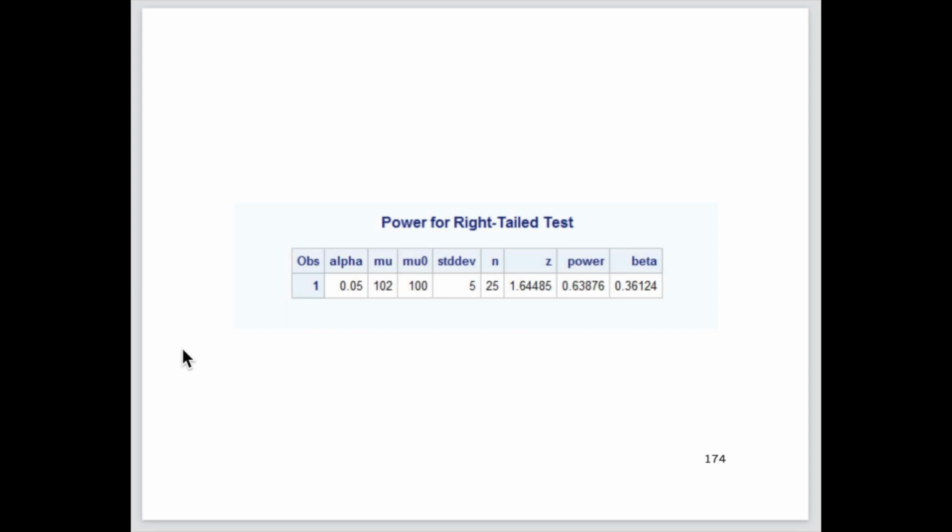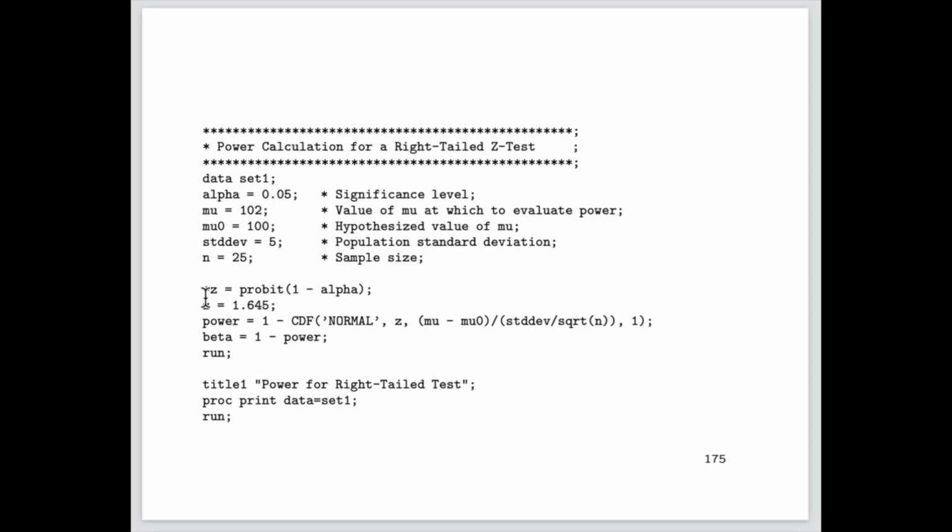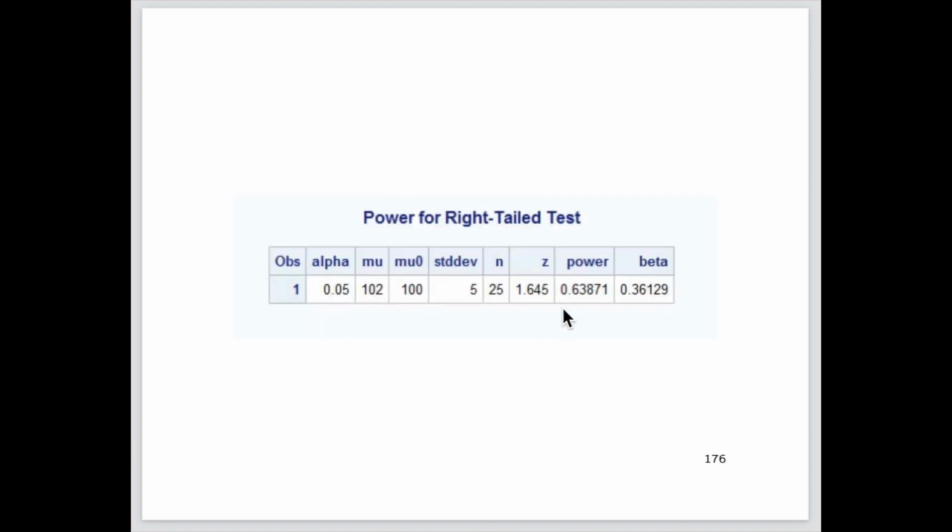Now, if we wanted values more comparable to what we did by hand, we can just tell SAS to use 1.645 for our critical point z. All right, so that's what I'm doing here. Notice that I've commented out that line. Actually, I wouldn't even have to comment that out if I have this statement after that. And so when we run this code, we see that it is using a z-value of 1.645. And so when we do that, we get a power which to 5 decimal places is